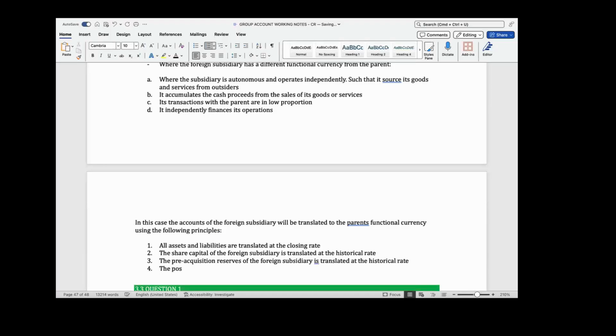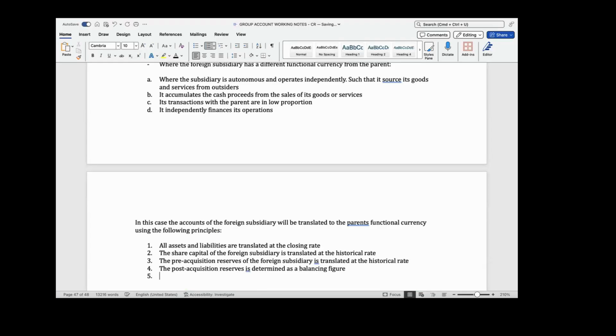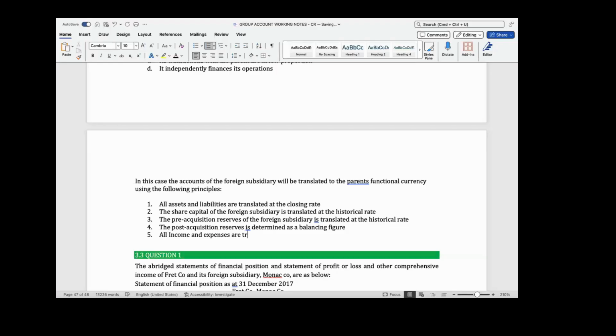The post-acquisition reserves is determined as a balancing figure, and all income and expenses are translated at the average rates,